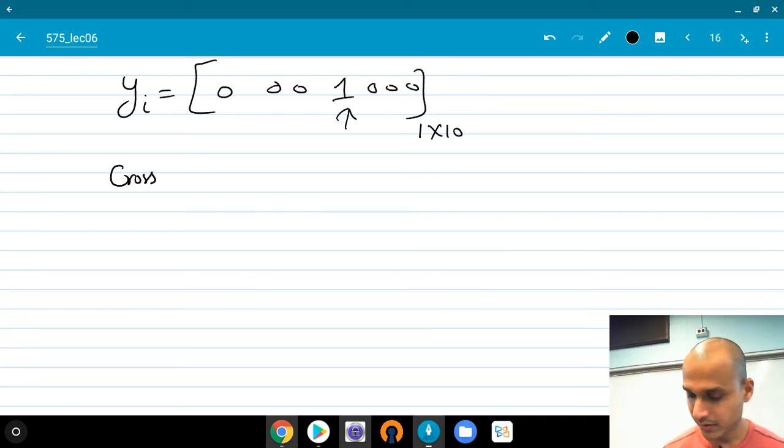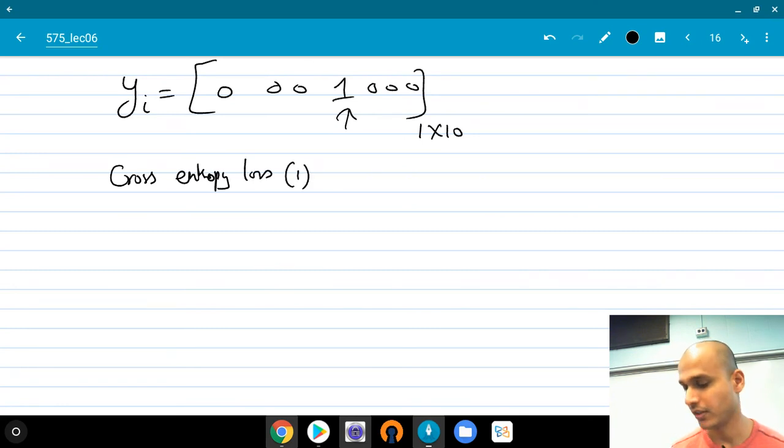Then the cross entropy loss for this observation. Loss is generally a sum over loss per observation anyway. We saw that in residual sum of squares. It's a loss per first observation, which is y1 minus beta transpose x1 the whole square, similarly second observation y2 minus beta transpose x2 the whole square, and so on. So it's per observation anyway. So for the ith observation it is